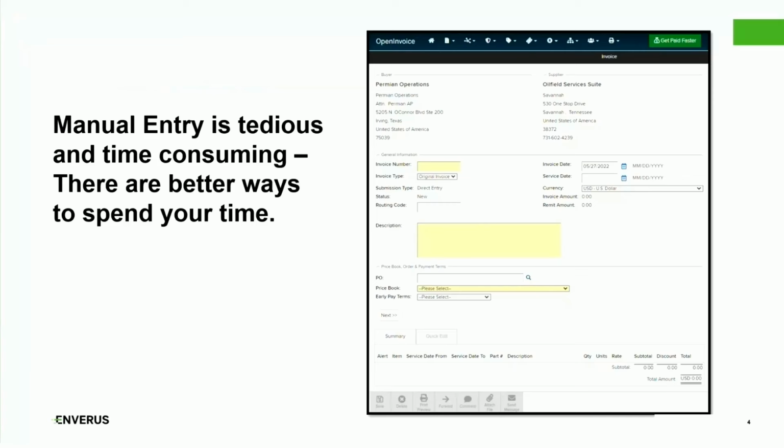First, let's discuss the problem. Digital tickets and invoices represented a major improvement over paper processes. But without a streamlined way of getting data into OpenInvoice, manual entry of this data is tedious and time-consuming. For suppliers that only need to create a few invoices per month, manual entry can be a viable solution. However, if your company is processing more than a few invoices, manual entry quickly consumes a significant amount of time